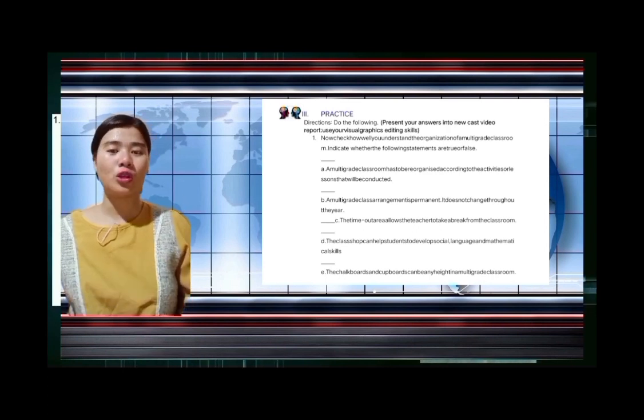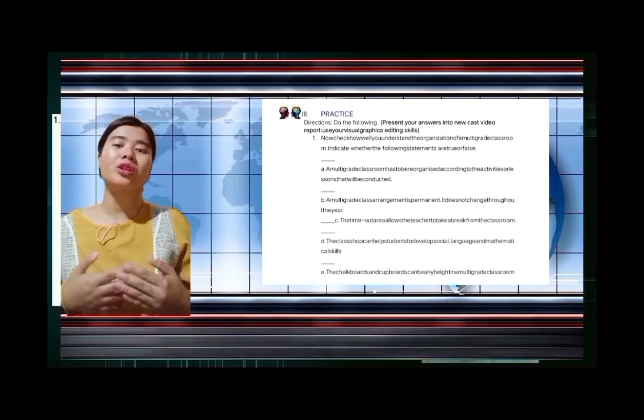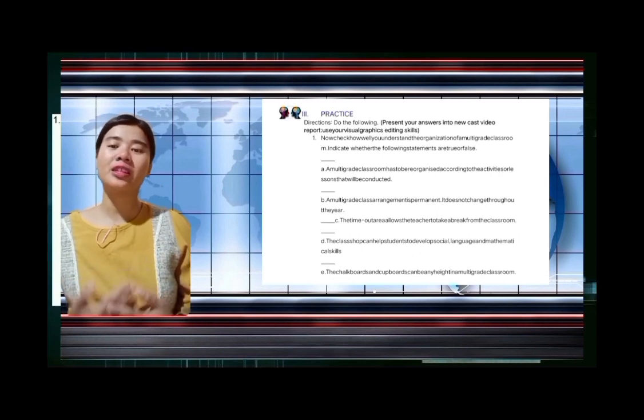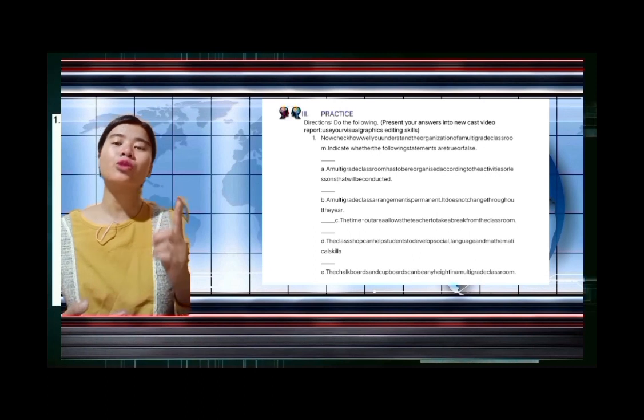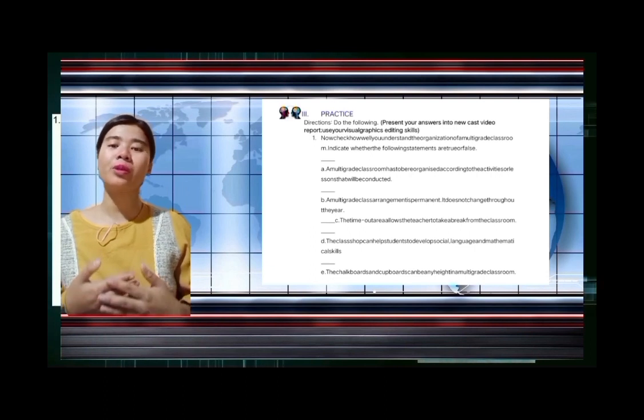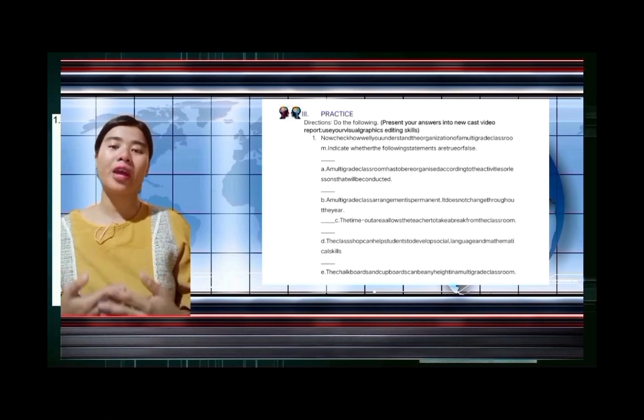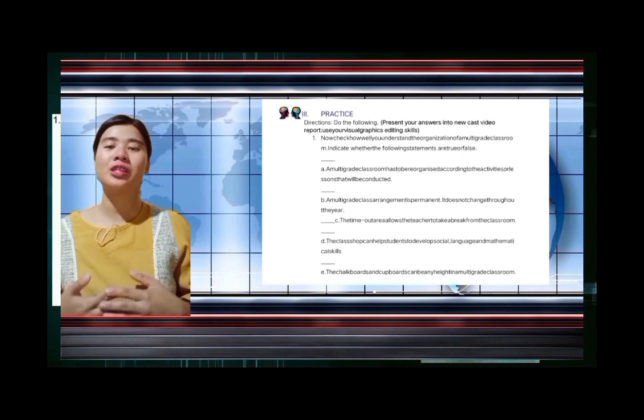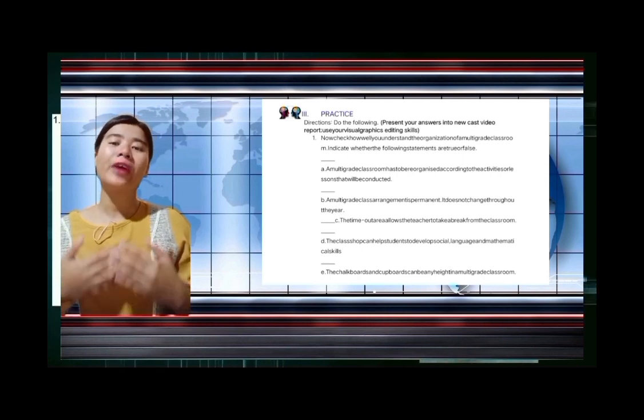Second statement, false, because multi-grade classroom arrangement will change throughout the years depending on the activities and the pupils to support each pupil's unique capabilities and abilities that would support the teaching and learning process to be successful. And the third statement, it is false, because teachers must have their own private place in the classroom where they can take a break while facilitating or giving the students an activity,